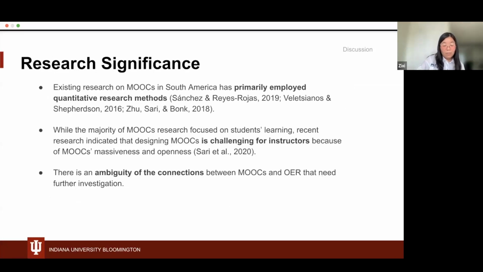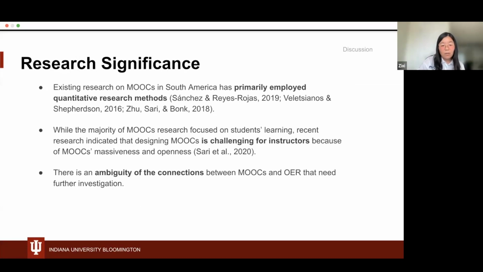The research is very significant in contributing to the field of academia. For example, as we mentioned, the previous research on MOOCs in South America has primarily used a quantitative research approach. And the majority of MOOC research has focused heavily on students' learning, neglecting that designing MOOCs is a challenge for instructors due to the massiveness and openness of MOOCs.